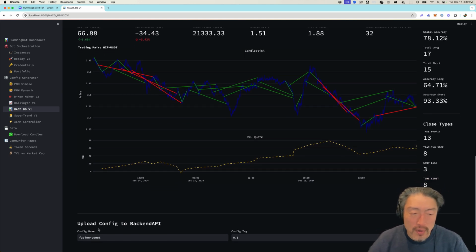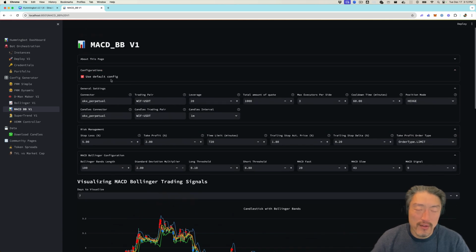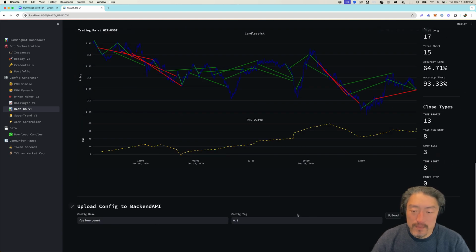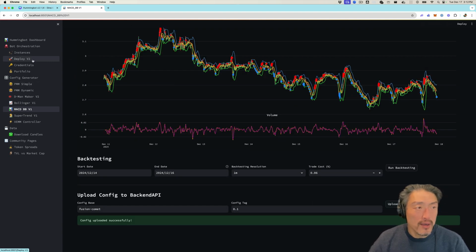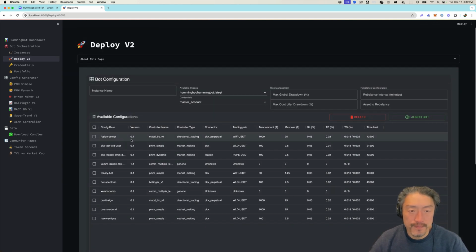First we'll upload this configuration to the backend API, and then we can change it. Note that here's a random name and a tag. Later on, if we wanted to, we could pull up this config and edit it. So let's upload it, and now that it's uploaded, it should be available in our deploy v2 tab over here. So we've already added the OKX perpetual